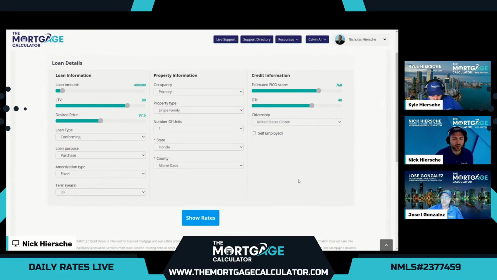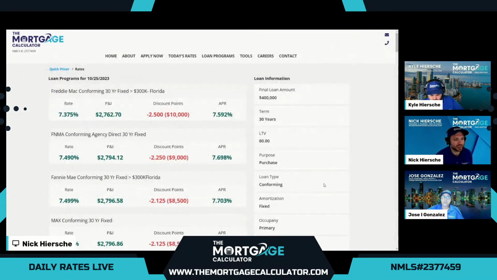It usually takes a day or so for the rates to reflect it. Yeah, it looks like it cooled down just a touch here. Best option today, 7.375, 2.5 discount points in cost. Puts a final APR at 7.592. So a good option. I believe it was up over 7.7 yesterday, and then the day before it was a little bit higher as well. So definitely seen a little bit of relief, which is great.